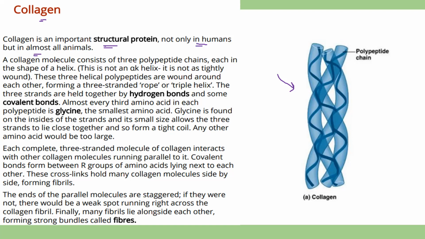So when we talk about a collagen molecule, beta, it has 3 polypeptide chains. Okay, so you can see here also 3 polypeptide chains, and each is in the form of a helix. So you can see beta, they seem to be twisting. Okay, so these are the 3 polypeptide chains, and they are in the form of helix. Okay, so again अब ये भी helix है, it is not the alpha helix जो हमने बात की थी उसकी secondary structure के अंदर. ठीक है, so these are not like the alpha helix, क्योंकि वहां पे alpha helix जब हमने देखा था it was tightly उसके अंदर बिल्कुल tightly वो curves थे.